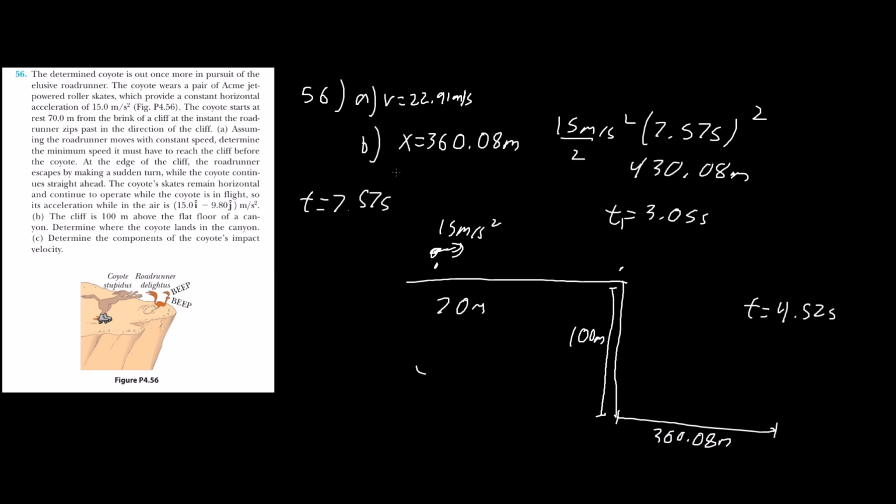Determine the components of the coyote's impact velocity. All right. Oh my God, I really just want to get the solution manual out of the way. All right, so let's find the impact velocity of the coyote. We know the time it takes for it to hit the ground. Let's find the horizontal component of the velocity. So let's say that it takes 7.57 seconds. I'm just going to multiply by 15. So the horizontal component Vx here is going to be